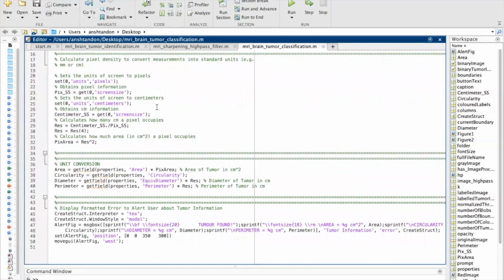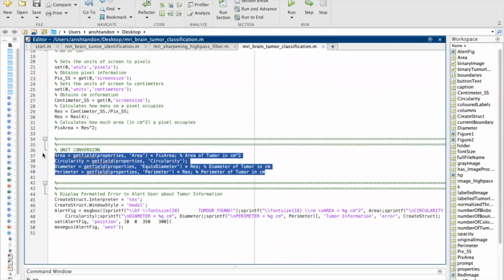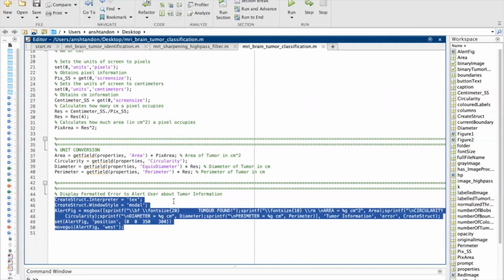I decided to use centimeters here. I used the screen size in order to calculate the resolution of the screen, as well as how much of an area the pixel occupies. The unit conversion occurs over here, and then a dialog box is finally created in order to alert the user